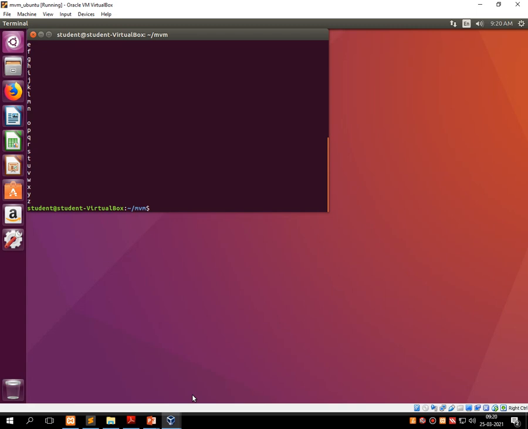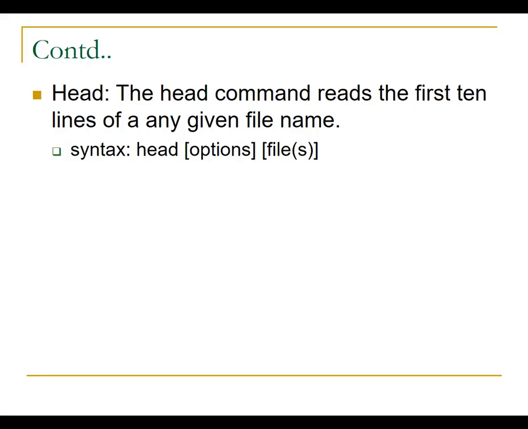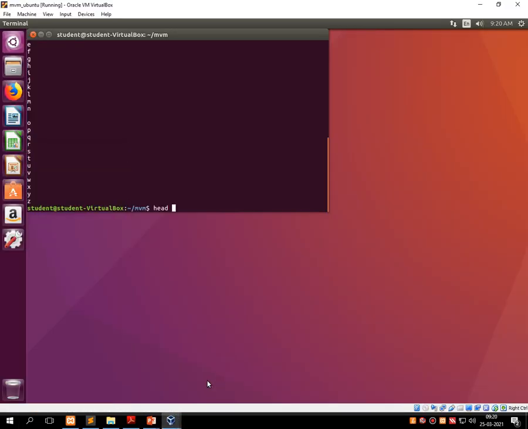Now what I am writing is the keyword of the command called head, then I am giving the name of the file called 3 and pressing enter. What does it display? The first 10 lines of the entire file. So this is the purpose of the head command.